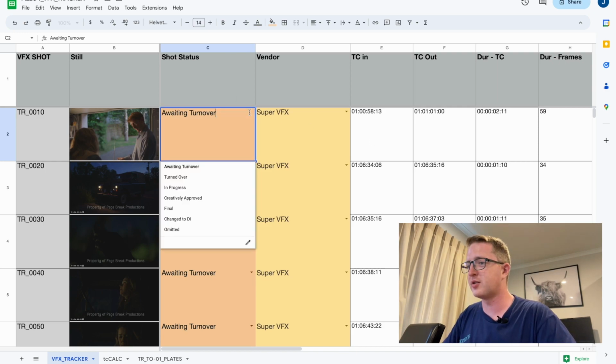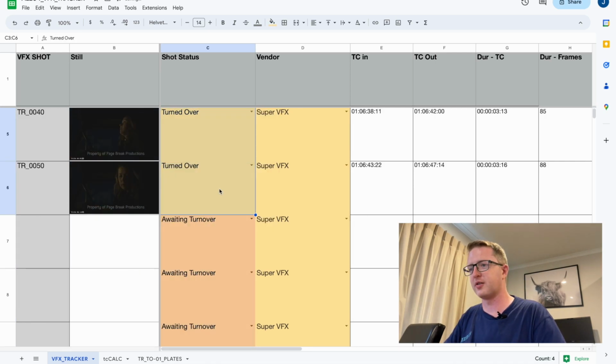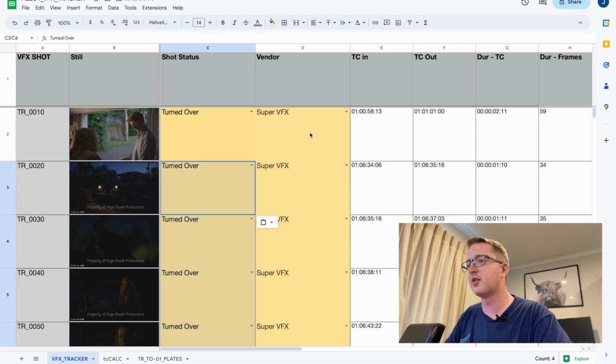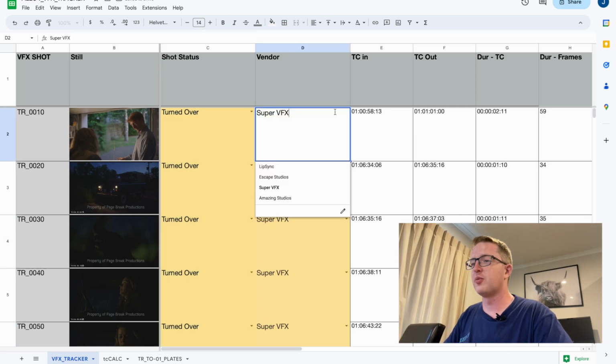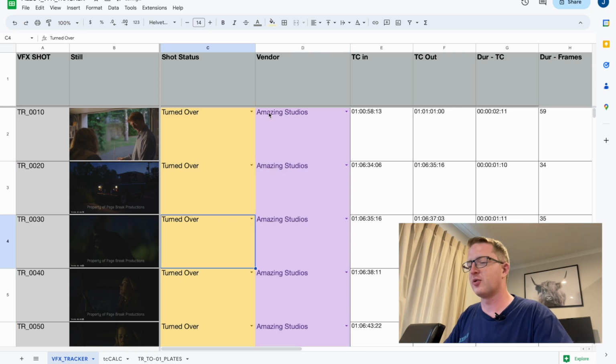So shot status, we can change to turned over, since we've now made our turnover and this will be sent to the vendor. You'll want to select what vendor this is. I've made up one called Super VFX, but I don't like that they're the same color, so I'm going to change this to another made up one called Amazing Studios. So Amazing Studios has got these turned over shots,